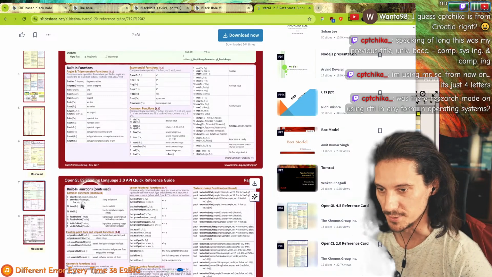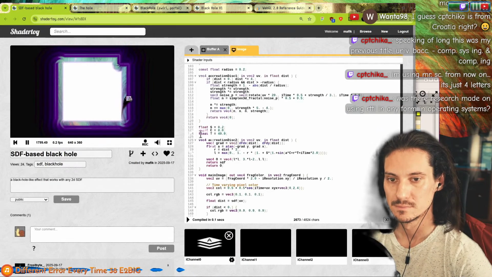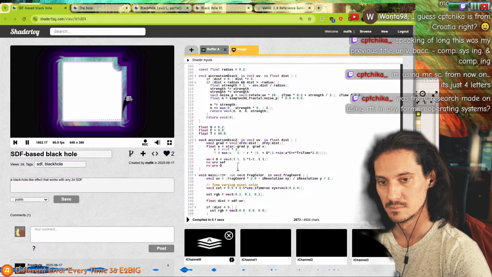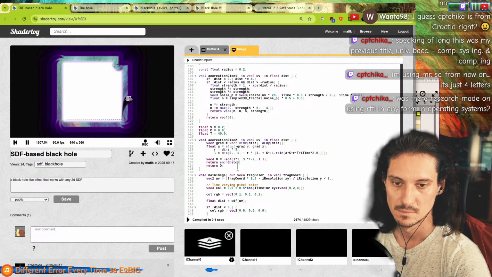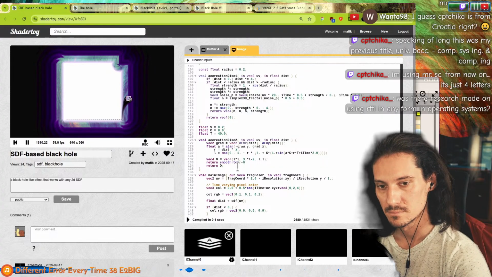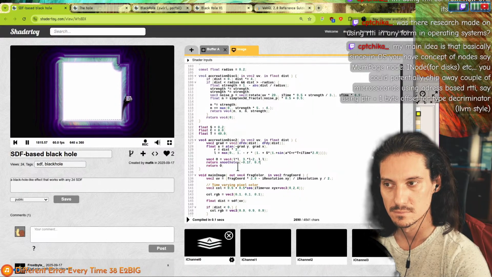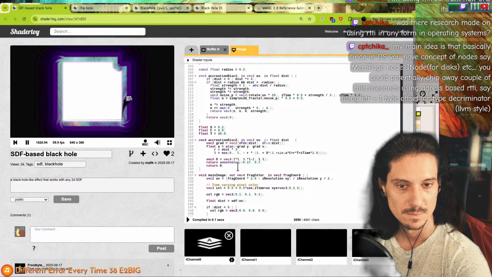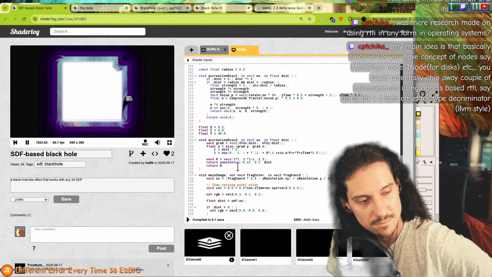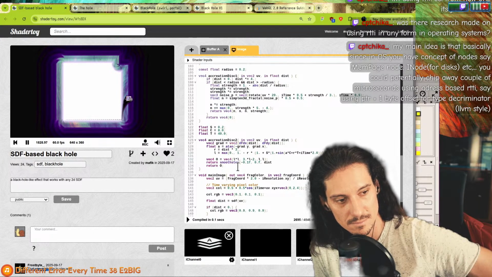Smooth step, this is what I was going for. My main idea is that basically, since in OS you have the concept of nodes, same for disks, etc. You could potentially chip away a couple of microseconds using address-based RTE, say